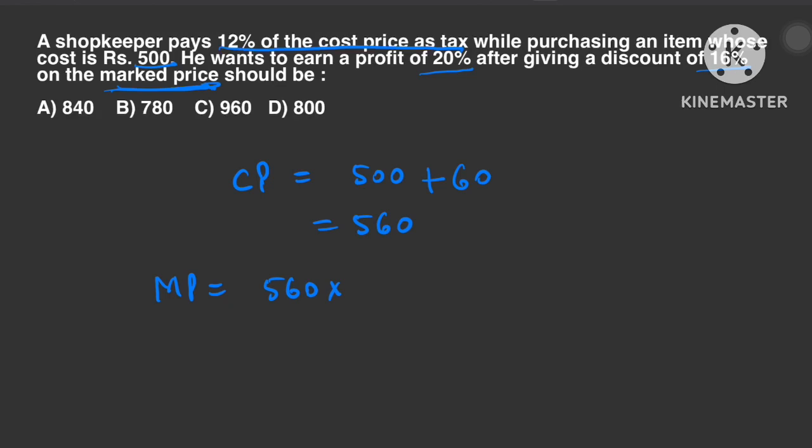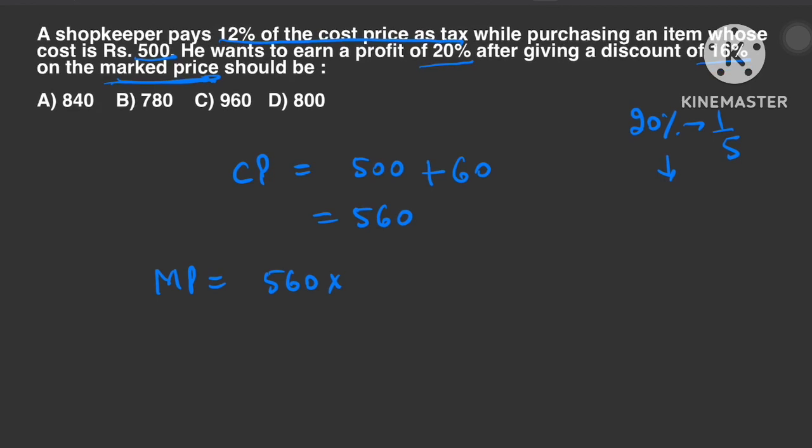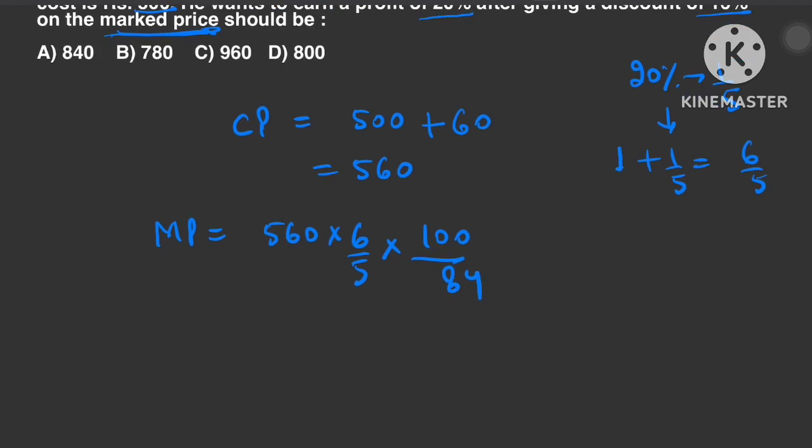560 into, and he wants to earn a profit of 20%. So 20% means 1 by 5. Profit, that means we will apply the concept of multiplying factor here. There is a profit, so we will add 1 plus 1 by 5. So it will be 6 by 5. We will multiply it by 6 by 5. And next we have a discount of 16%. So we can write it 84 by 100. So if we cancel it, you will get